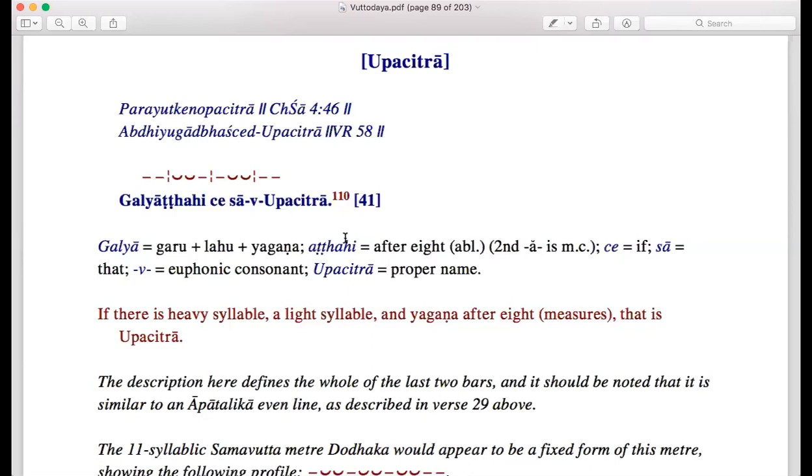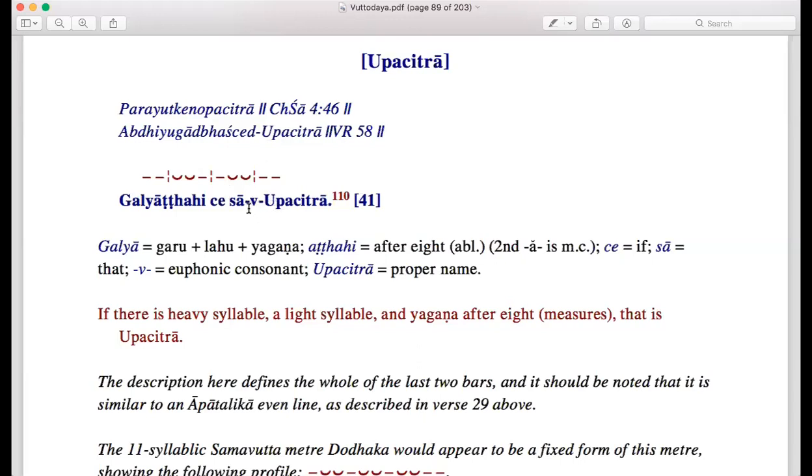Yeah, let's check. If we say like that, then as you say, sa is 2, wu is, the problem is that if you consider v as 1 and u as 1, then you are right. Sa vi u, like 2, 1, 1, right? Then there is a yagana. So we can say that there is bhagana and yagana. But the problem is that we cannot consider v as 1 and u as 1, because this is a sandhi, right? This is a combination. Wu, we should take as 1 syllable, 1 measure, right?